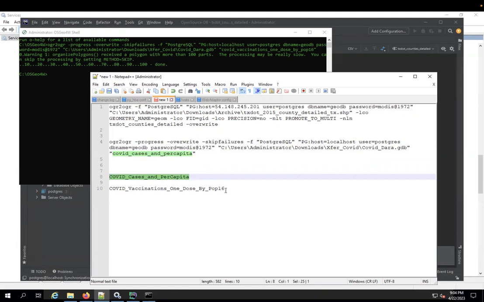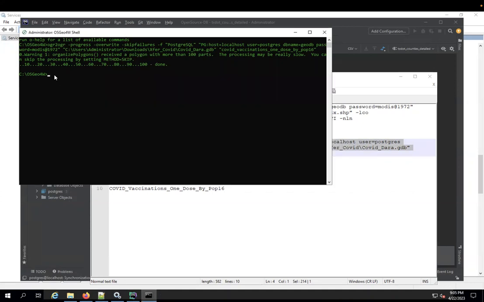And for the other one, it's this. Just basically switch out every capital letter for lowercase in the name of the layer that you're going to get in the geodatabase, and then it will look for the same name regardless of case when it goes to this geodatabase, okay? So if I copy this right here using the localhost command, and paste that in, all right, when I hit run,